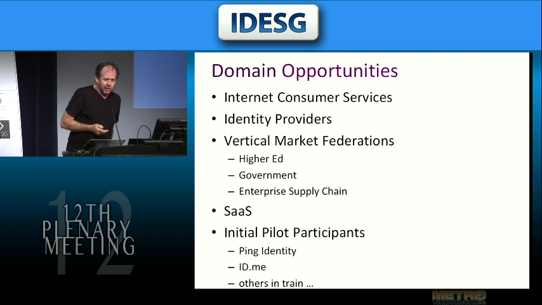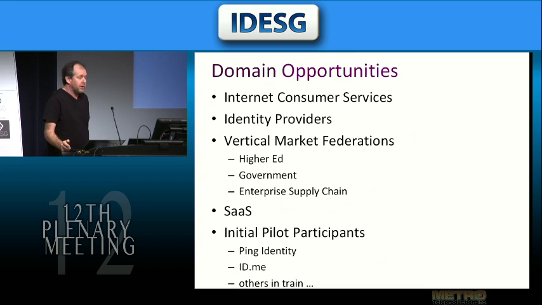We have probably at the moment about 20 use cases that we've uncovered in various spaces, and we think that there are some interesting and specific domains of use that make sense. It's pretty clear that in the world of internet consumer services there are some opportunities. It turns out in the context of dealing with identity providers, particularly if they're high assurance identity providers, there are